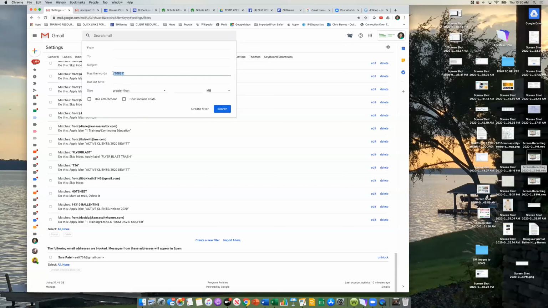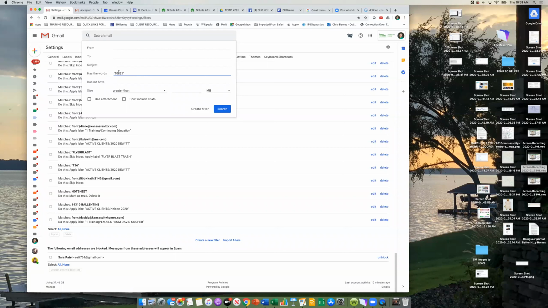I will tell you a word of warning. For 4-digit property addresses, so if you have 1234 Main Street and you put 1234 in here, this will also pick up people's email signatures. So I put one in once and it was the admin at the Blue Valley office. It was also the last 4 digits of her phone number. So I realized real quick that every email she was sending me was also getting labeled. So I had to expand my filter to include some other information besides just the property address, just these numbers. So just a word of warning on that. Typically, if you've got a 5-digit house number, it should work